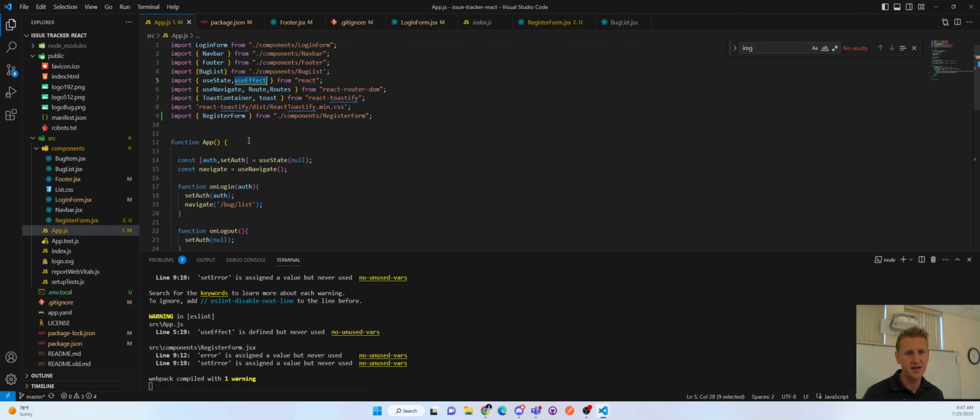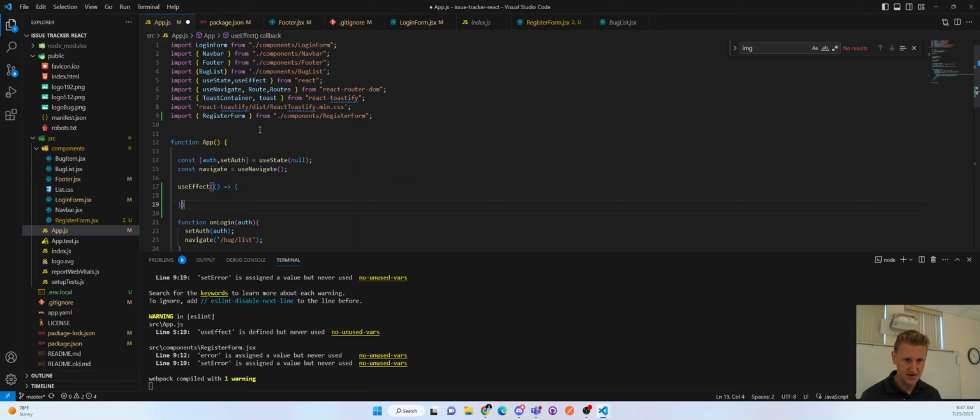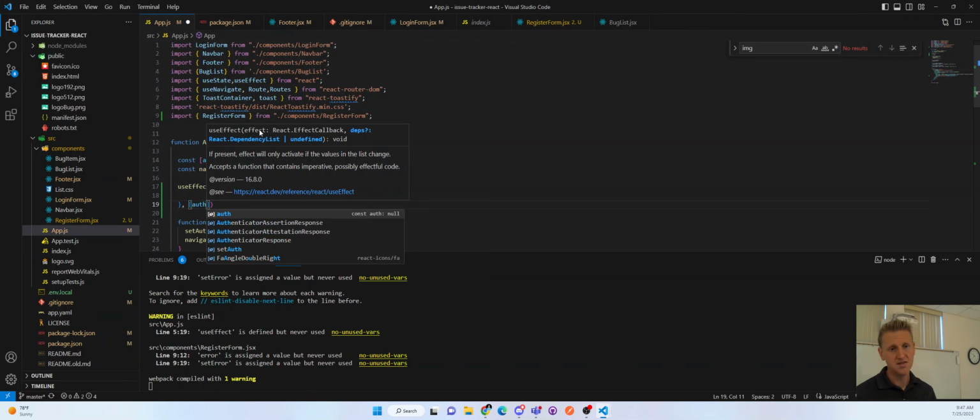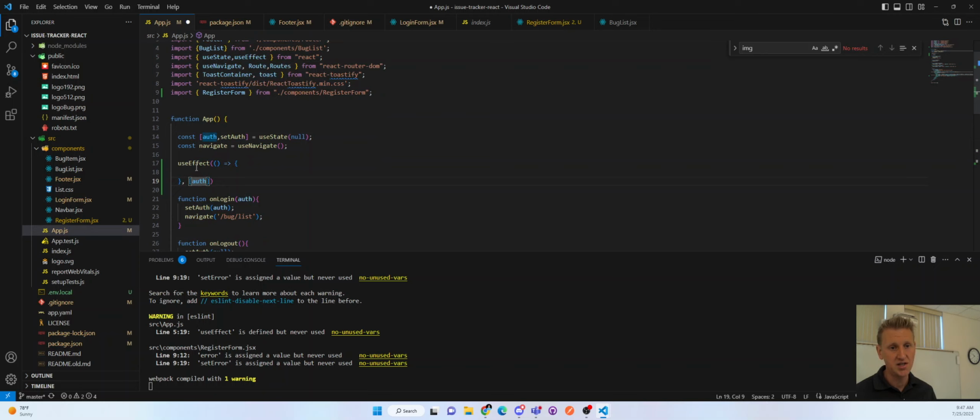So we have useEffect here, which is a method, and it has this anonymous arrow function as the first argument. Then here is when you run useEffect: anytime the auth is changed, we're going to rerun useEffect. And inside of useEffect, we say, hey, if the client supports local storage,